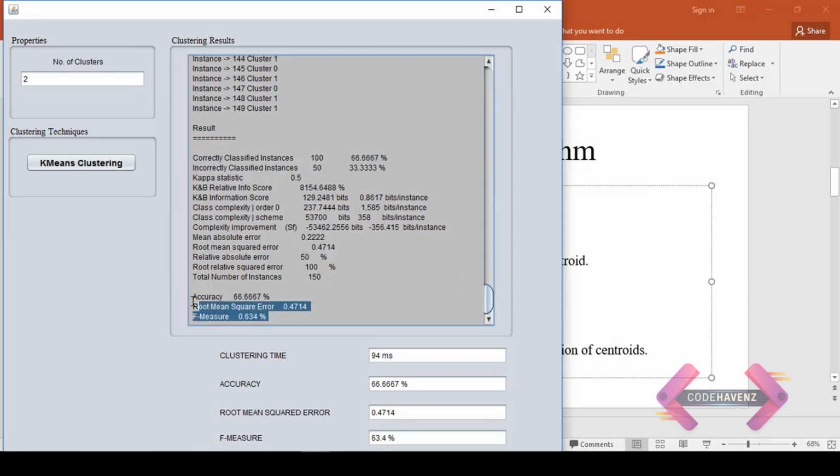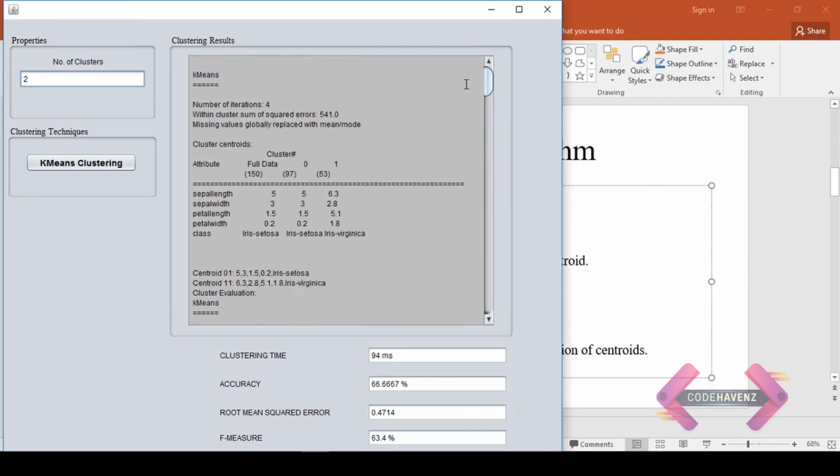After that I calculated the accuracy, root mean square error and F-measure. In this way you can also change the number of clusters, like to 4, 5, 6. In this way we can perform k-means clustering.